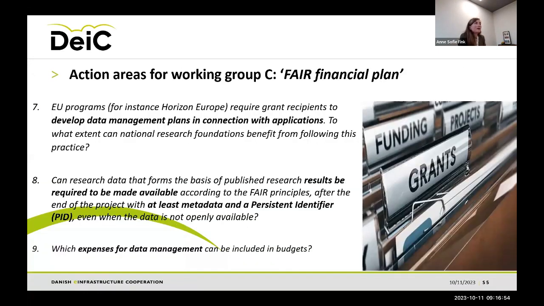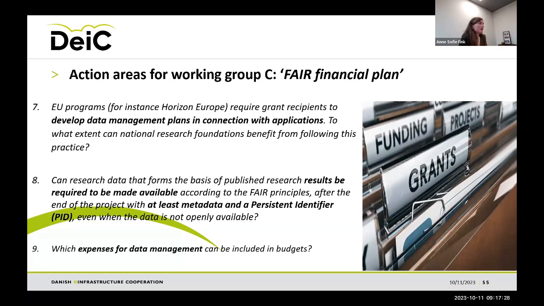Action areas for working group C. This was about the FAIR financial plan. EU programs require grant recipients to develop data management plans in connection with the applications. To what extent can National Research Foundations benefit from following this practice? This is really something we hope is discussed, and it has to be discussed even more, because that's sort of a potential